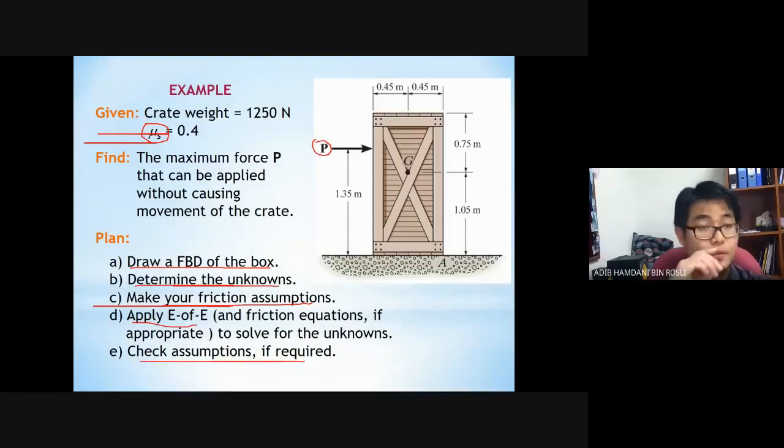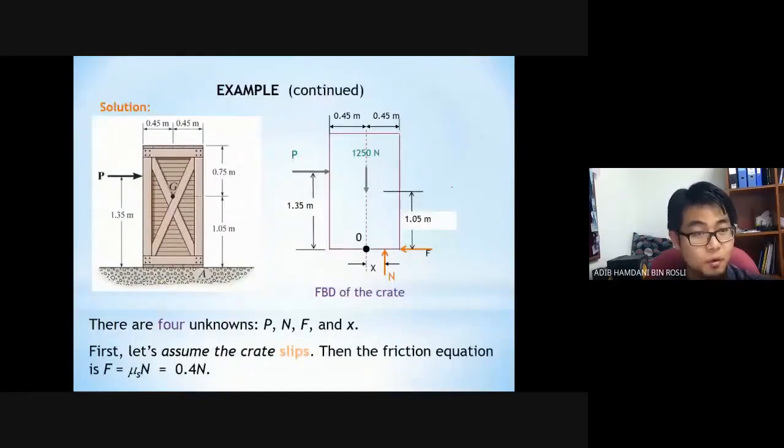In this case, we do this free body diagram. This is for slipping, in which the N is applied at the x distance from the center of gravity. At G, at the center, you have the weight, and then you have P, the frictional force F, and the normal force N. It acts at the distance x from the center of gravity, like I said. And then if you put it like this, not at this edge, not x equals 0.445 in this case. So it means that now we assume that it slips.